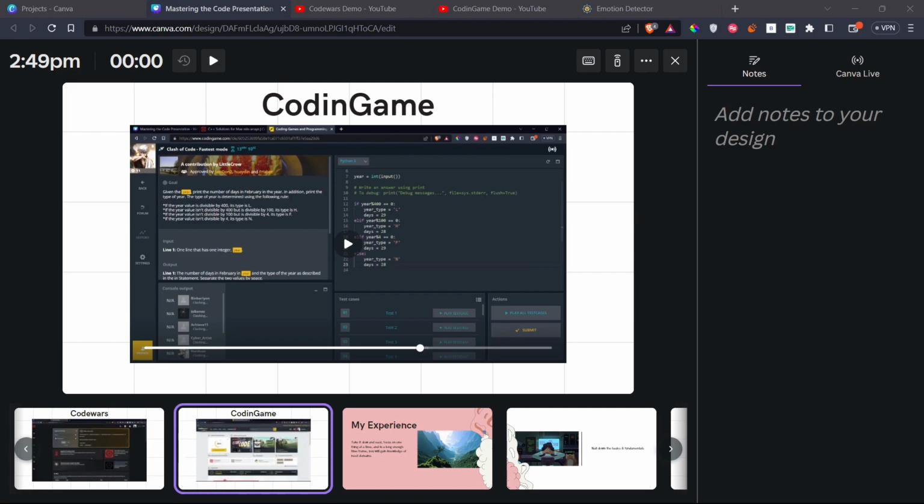The given problem over here is you're given a year. And then you have to calculate the number of days in February based on whether it's a leap year or not. And also you have to display the character about what type of year it is. And the conditions for which type of character to display will be given over here. If the year is divisible by 400, its type is L. If it's not and it's divisible by 100, type is H. If it's divisible by 4, its type is F. And if none of them is true, the type is N.